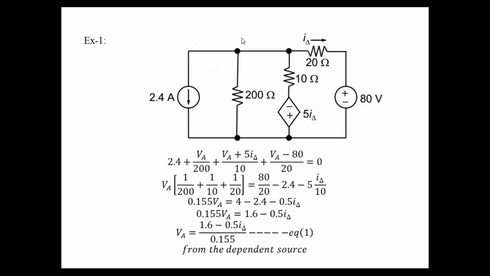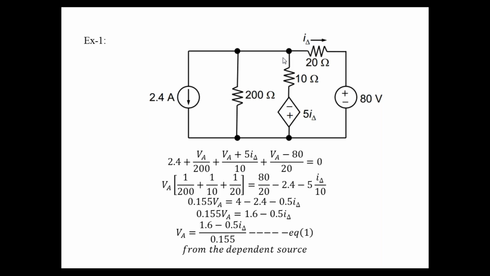Node number 1 and node number 2. Remember the nodal analysis, or the procedure of solving a circuit by using KCL. The first step is that we have to identify the number of nodes, and the second step is that one of the nodes is to be taken as a reference node or ground node, and the third step is writing the KCL equations for the remaining nodes.